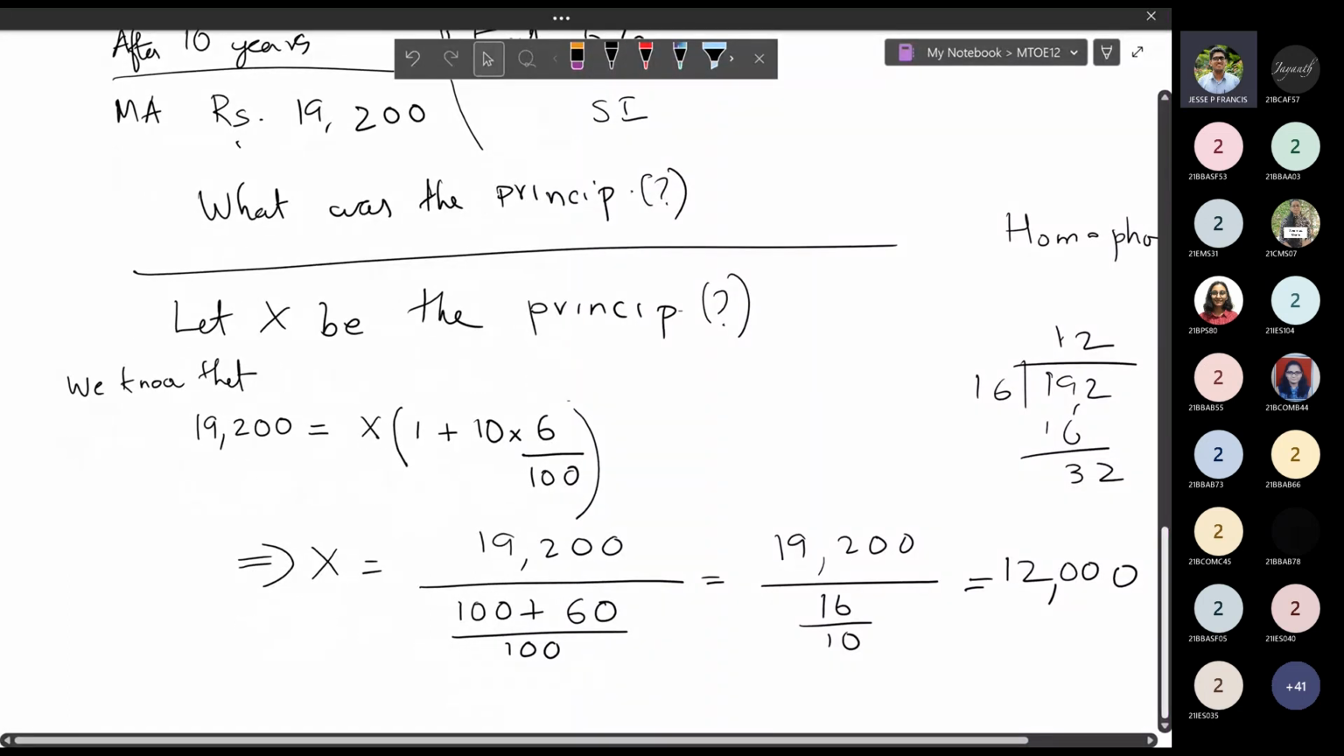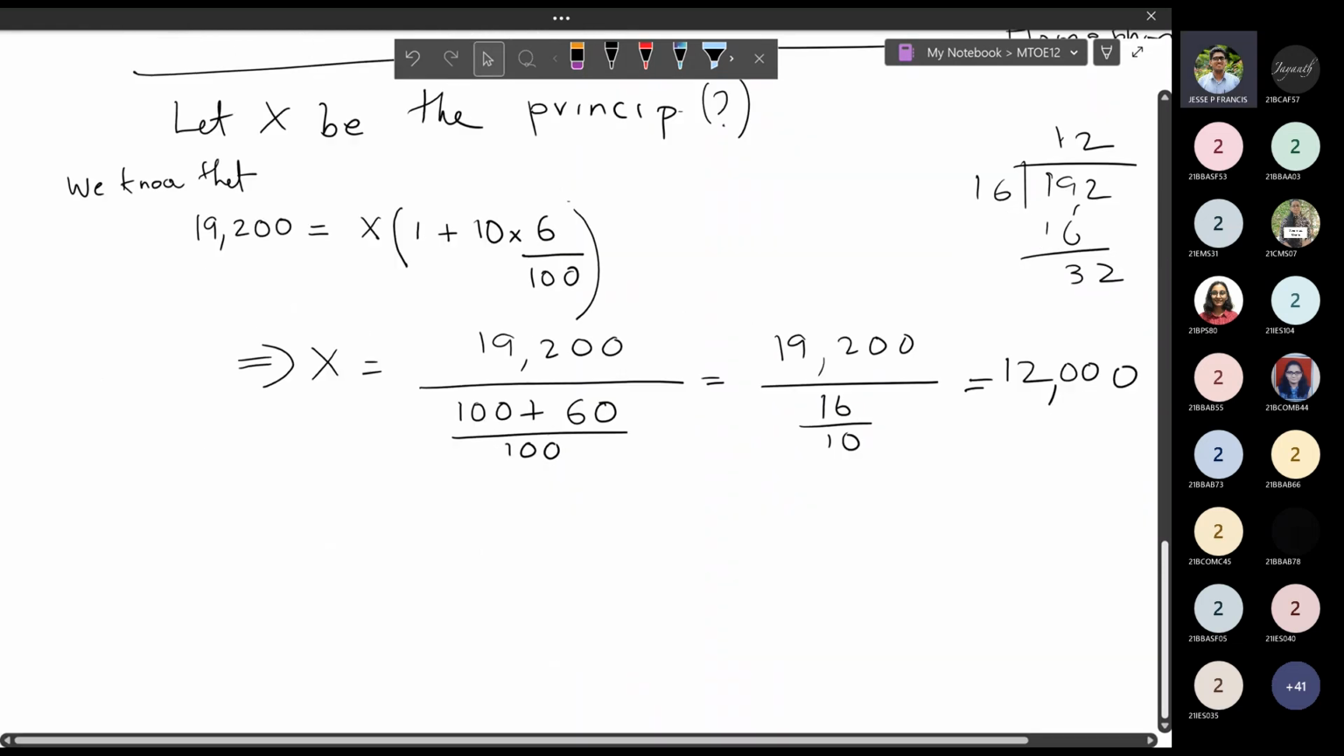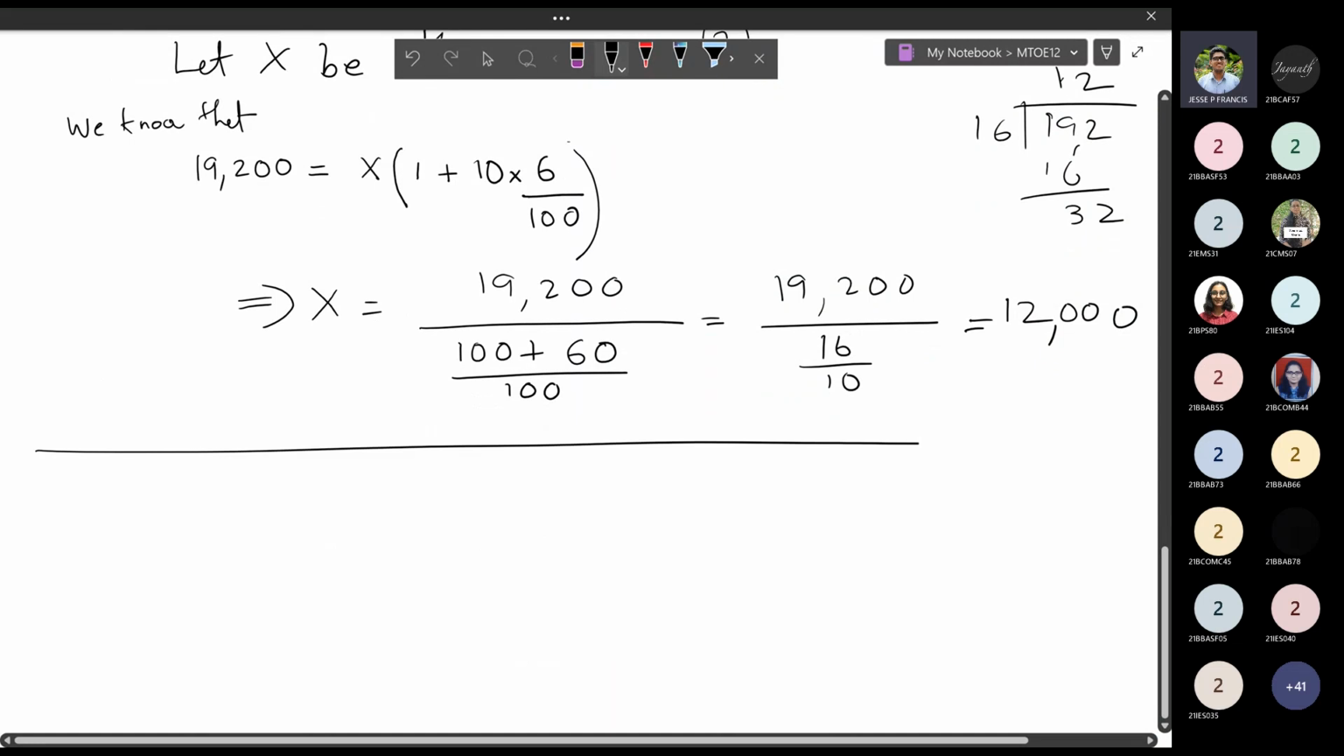All right, notice what happened here. We didn't know the principal amount. We used the same formula to find the principal back. Now, let's do one more problem of this sort, but this time with a twist. The twist is nothing but,